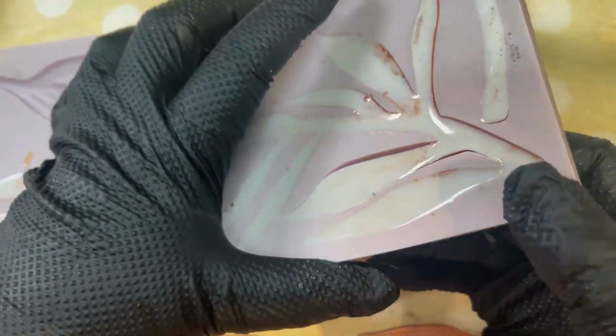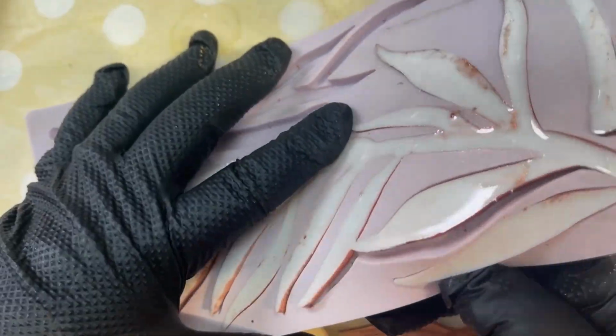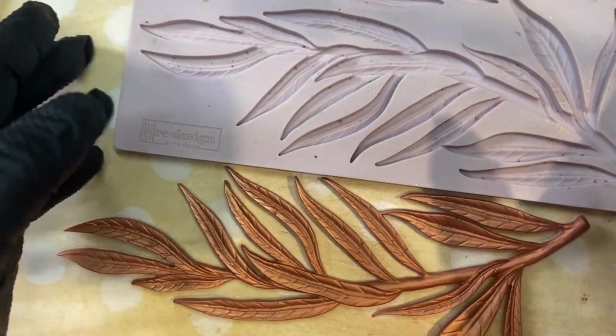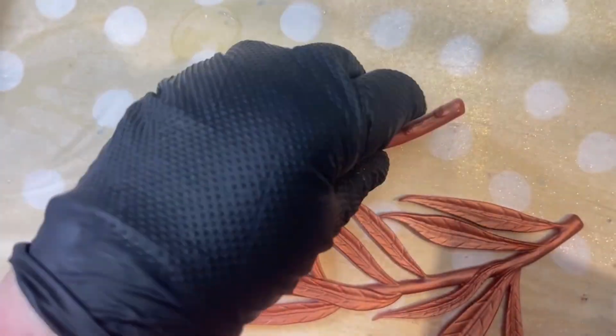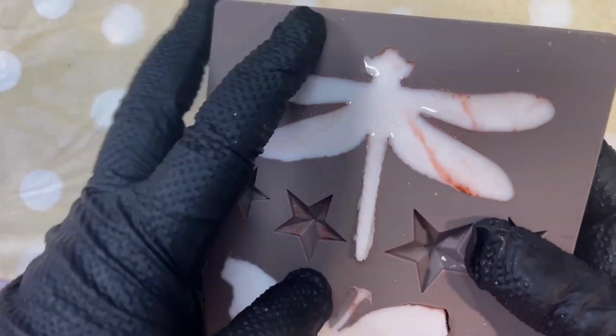Beautiful. Look at the markings and the detail on those leaves. I'd love to get more of these molds, but as I say, they are a little bit more expensive, but well worth it. And you can use them for anything. Obviously, if you're going to use them to decorate cakes and pies and baking and all that sort of stuff,